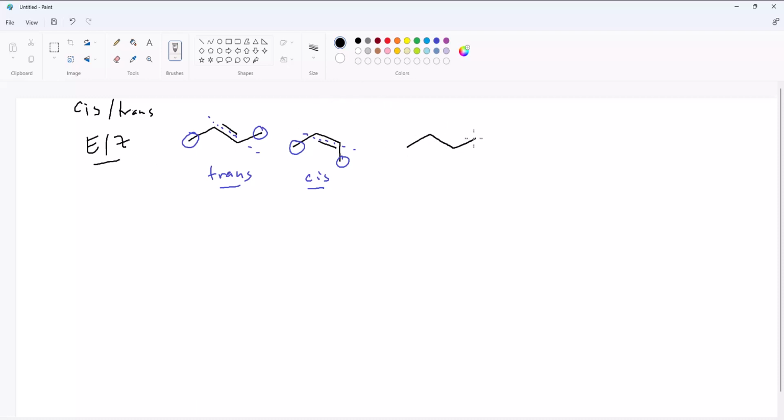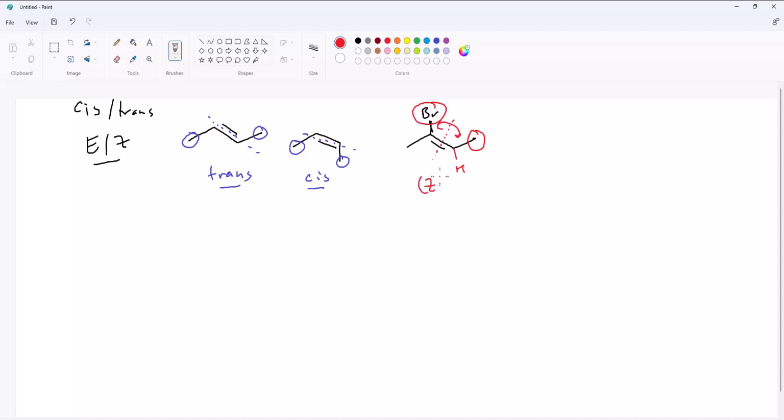So for instance, if we had this bromo substituted alkene, we need to do the same thing as we did before in denoting whether this is E or Z. So we draw the line. We'd see that on this side, we have an implicit hydrogen here. We see that this is the priority substituent, and the bromo is this priority substituent. Since they are on the same side of the double bond, we would call this a Z alkene,